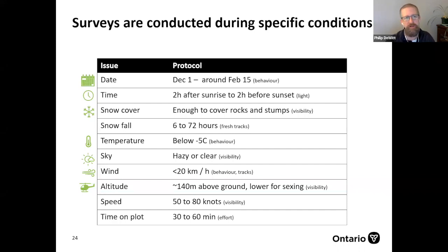I won't belabor too much more on this slide. I guess the only other aspect here is, as we're kind of alluding to, there's this behavioral element related to snowfall and temperature and wind. And then there's kind of this visibility component too, related to snow depth and speed and altitude. And so the reason that we really focus on trying to keep this as consistent as possible is because if we don't have the right behaviors and the right visibility, that can give us the wrong information. And so it's really important that we hold fast to flying during the right conditions and not accepting poor conditions, even if that means sometimes starting a survey and having to cancel it and repeating it in the following